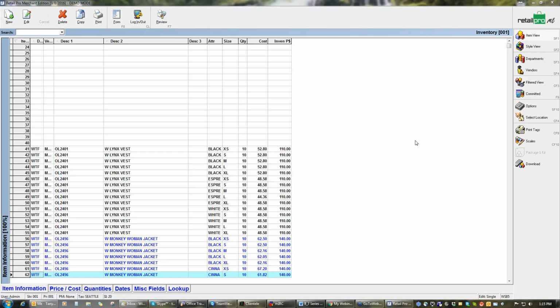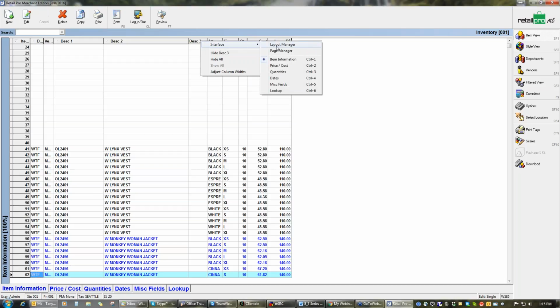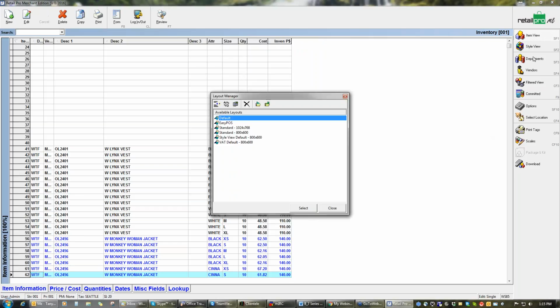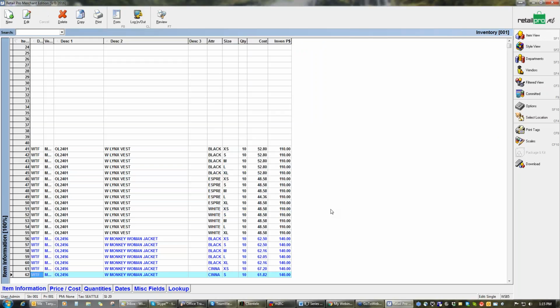So I'm going to go ahead and minimize that again. Okay, now you may have noticed that when I right-clicked up here, I had an option of Layout Manager as well. Layout Manager is going to control what screens you actually see. Now, we don't use it a lot in the list view, but we do use it a lot in the